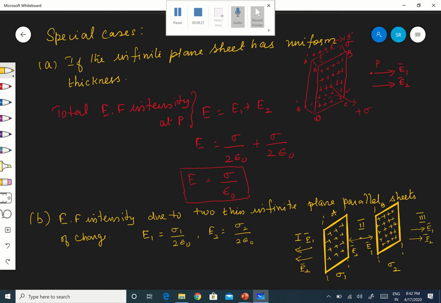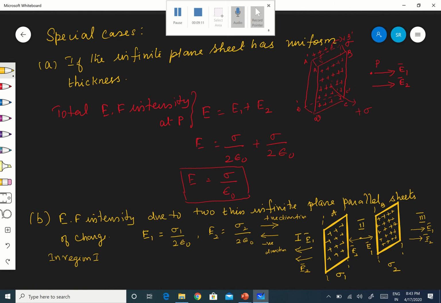Now in region 1. See, now very important, we have to apply a sign convention. What is the sign convention here? By convention, the electric field pointing from left to right is positive. This is the positive direction. And the electric field from right to left is considered the negative direction. Following? So this is the sign convention we are going to follow.